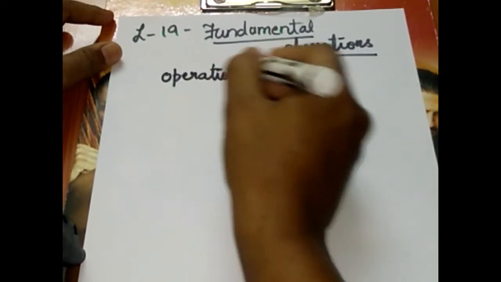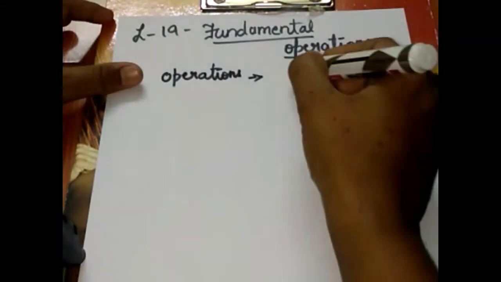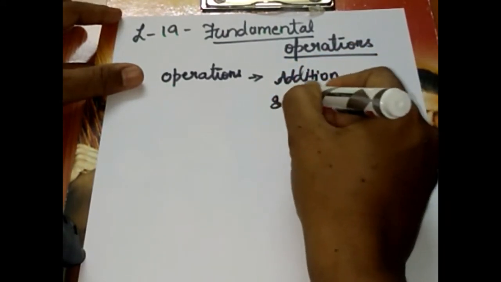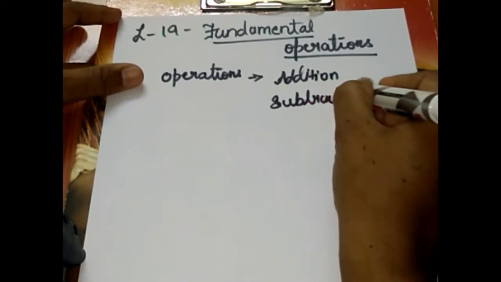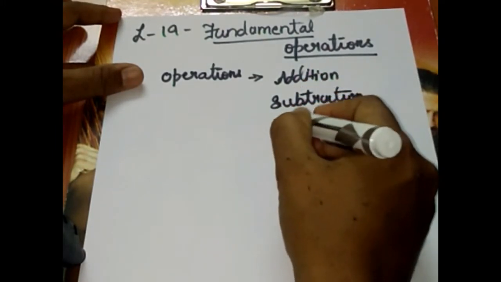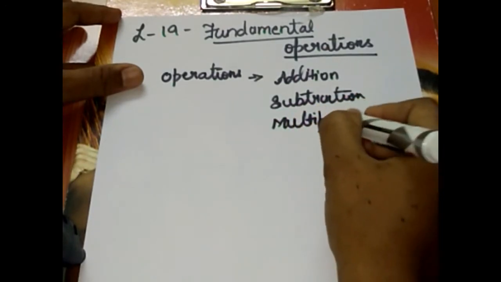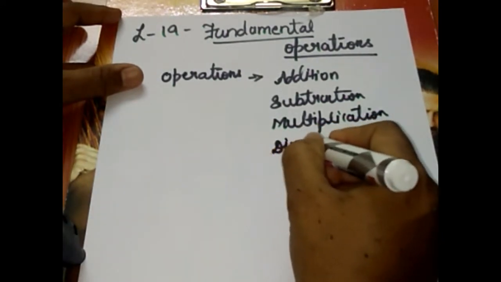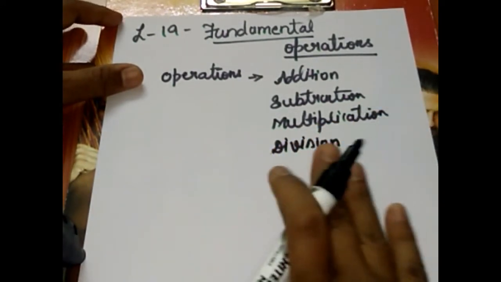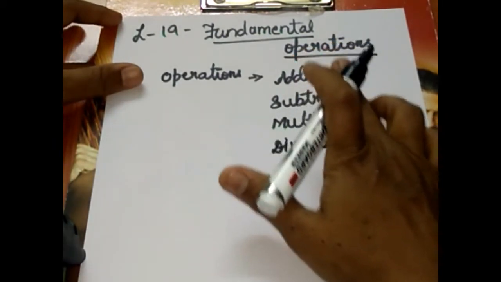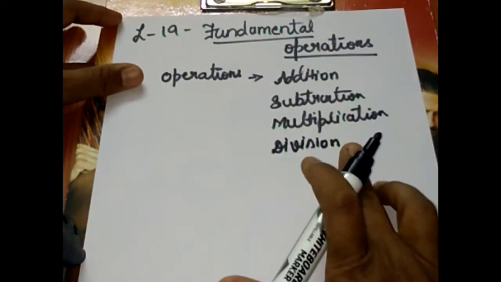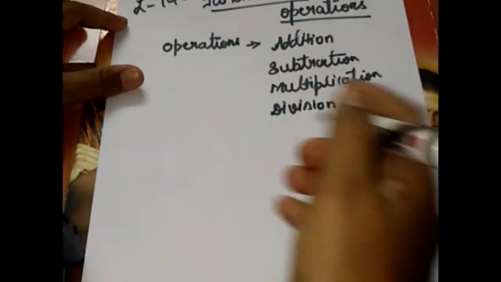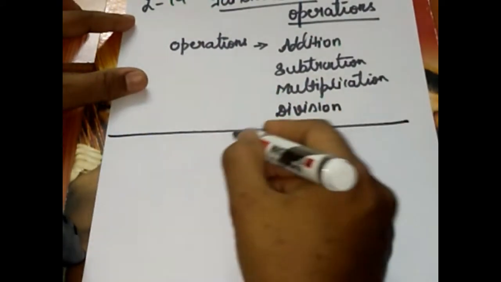So, which are the basic four operations which we have learnt in arithmetic? That is addition, subtraction, multiplication, and division. So basically in this chapter we are going to deal with how to add, subtract, multiply and divide the algebraic expressions. So first let us take into the concept the first operation, that is addition.